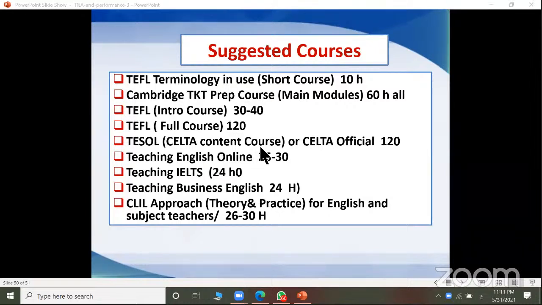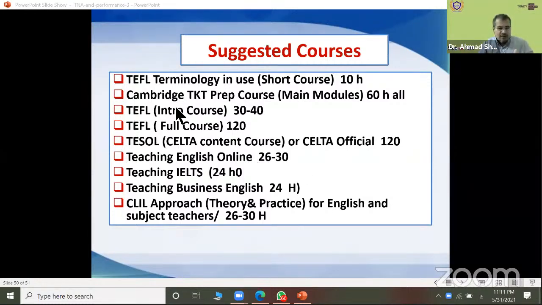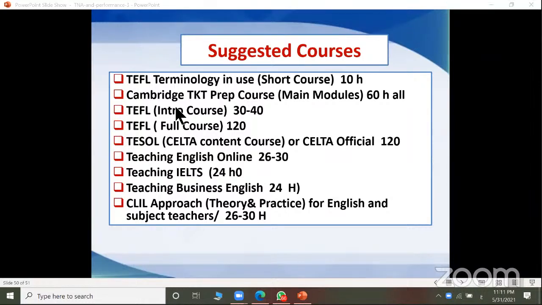And Doctor, parents want their kids to be native speakers, and after finishing school they go to courses, and inside the class they only want the exam. I don't know why. So they want to learn from native speakers, you said? No. They want their kids to be like native speakers.